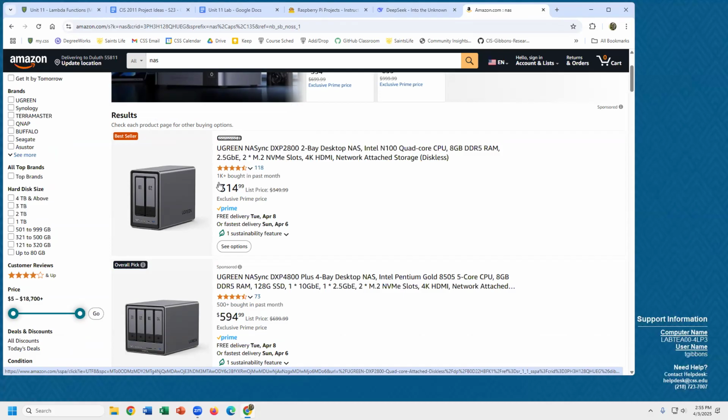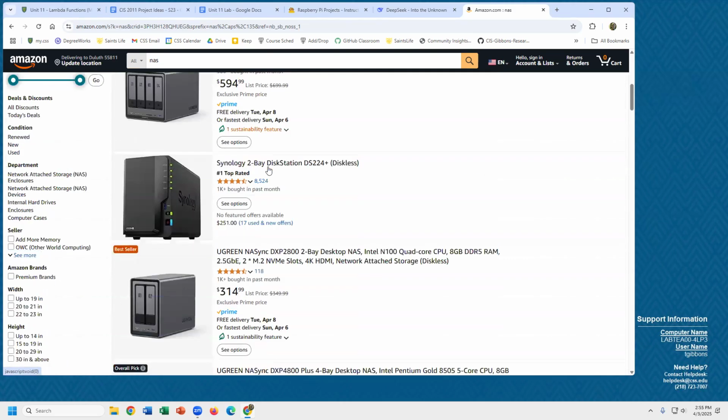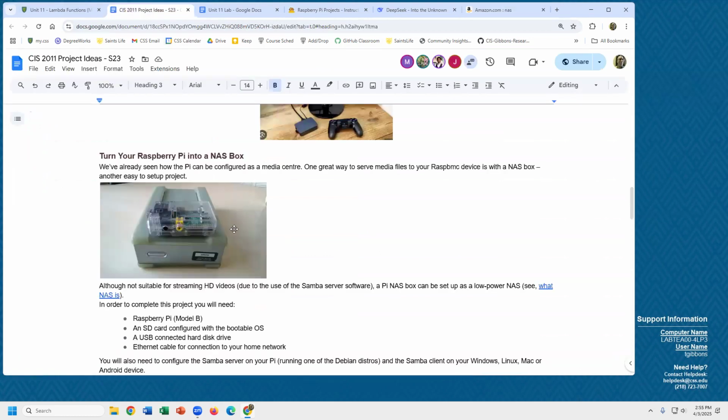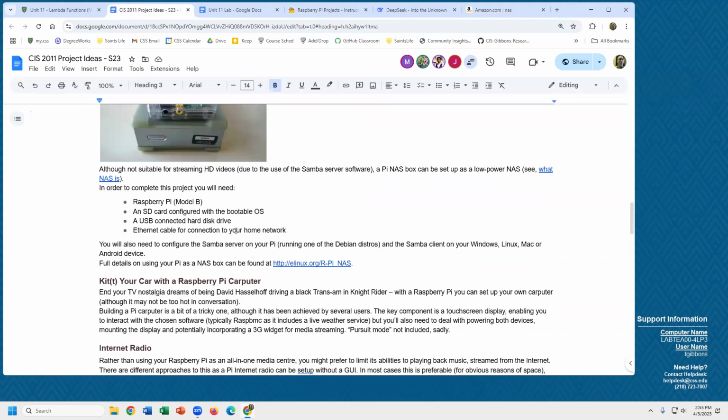Some people have these in their homes. Anyone on your network at home can access and store files on these shared drives. But again, it might cost $100, and you can just buy a hard drive and connect a Pi up to it and configure your own version of that. So